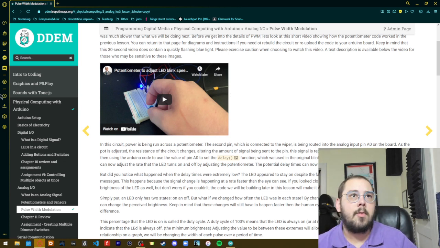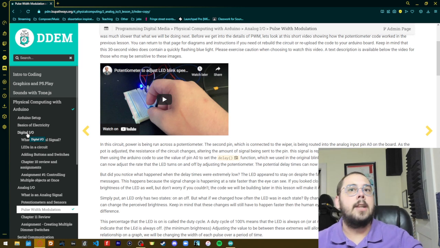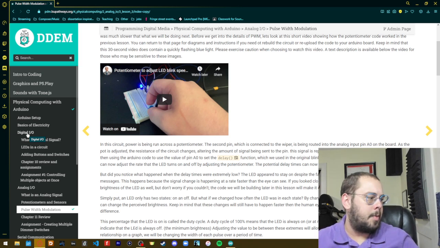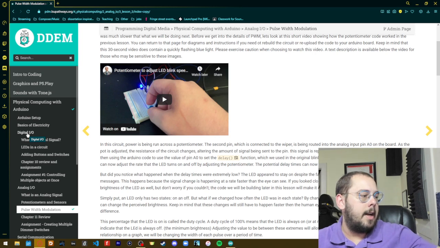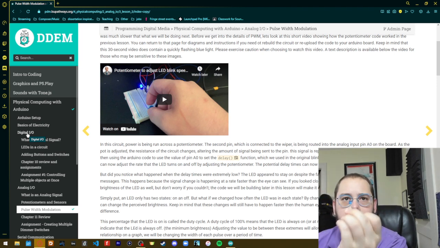But if you remember from before, in the digital I/O, an LED is a digital component. It only has two states, on or off. There are no other options. But we can mimic those other options by taking our LED and we can turn it on and off